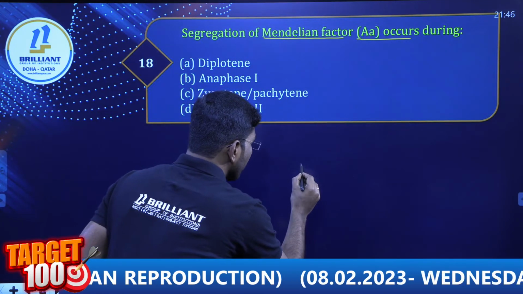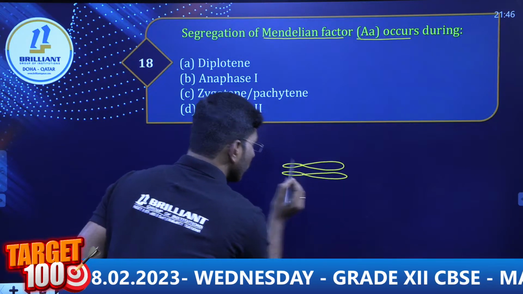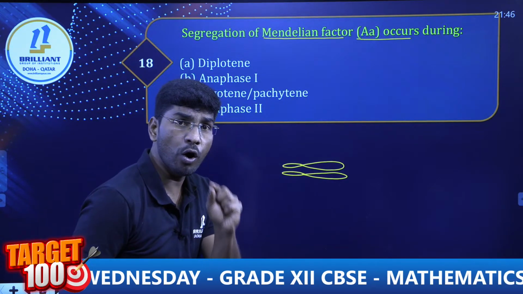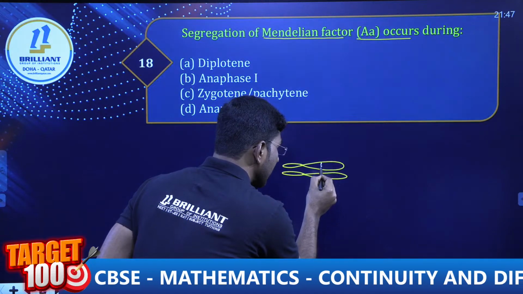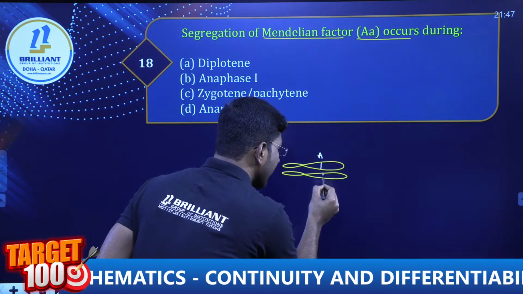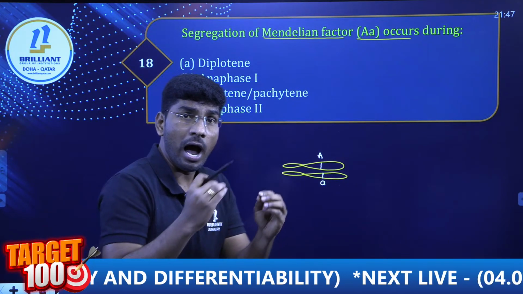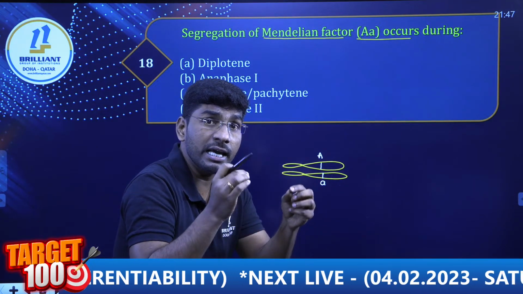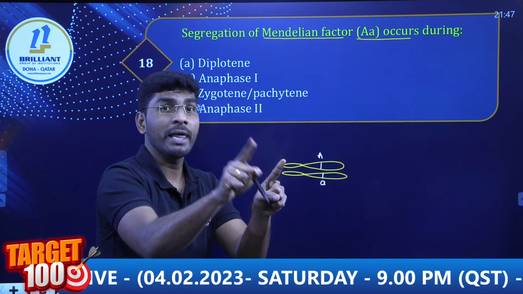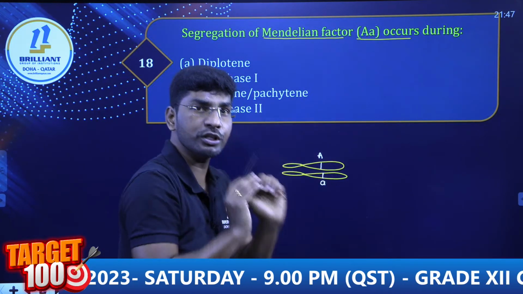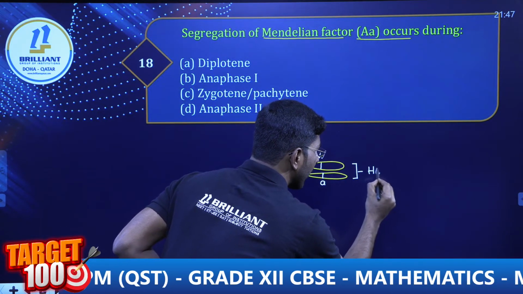This is a chromosome, homologous chromosome. On the homologous chromosome, genes are the alleles, capital A allele, and here small a is there. Done. Now, after metaphase, in anaphase 1 of meiosis 1, remember all of you, what happened? This homologous chromosomal pair,